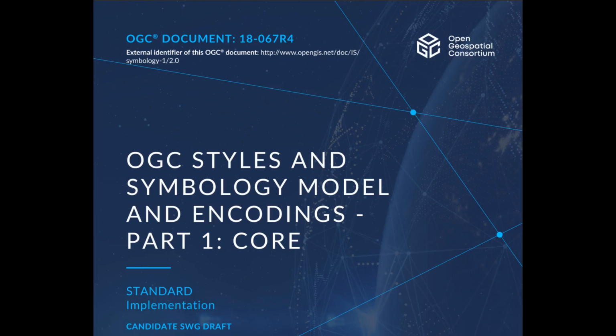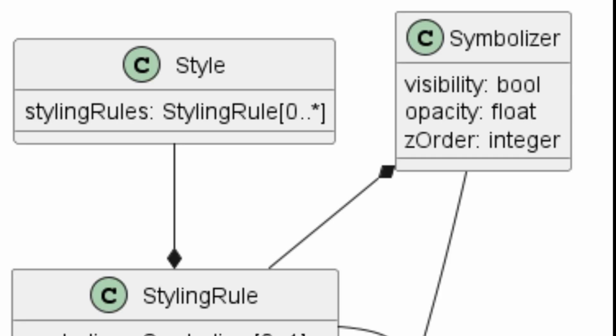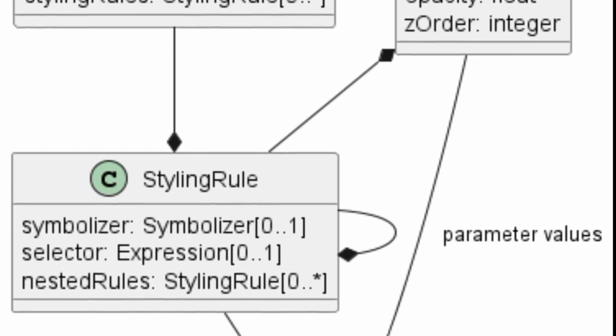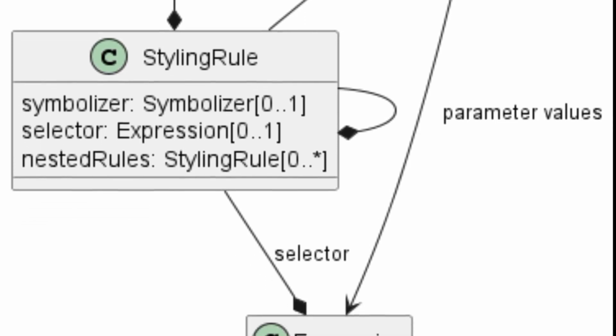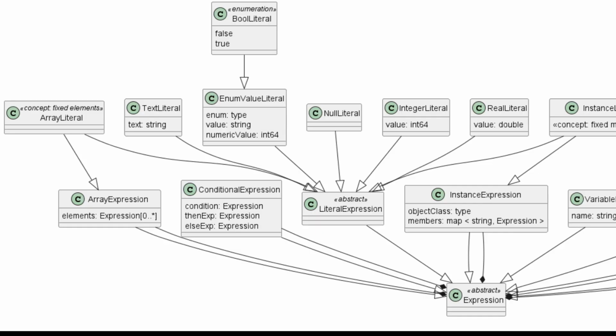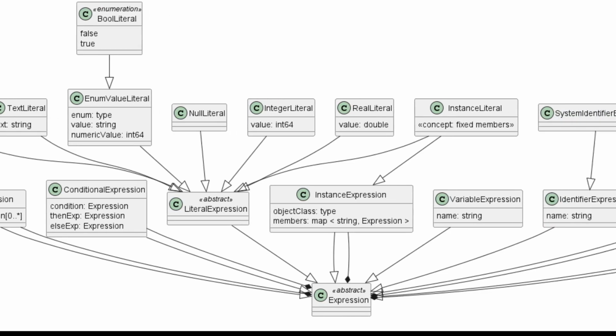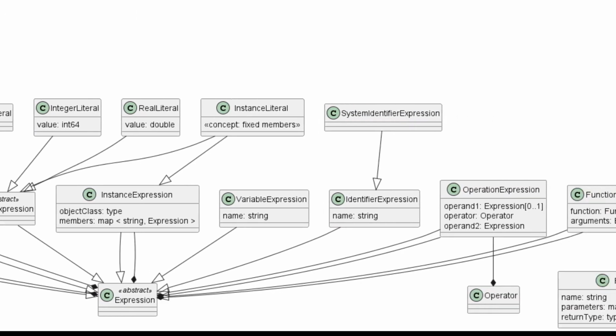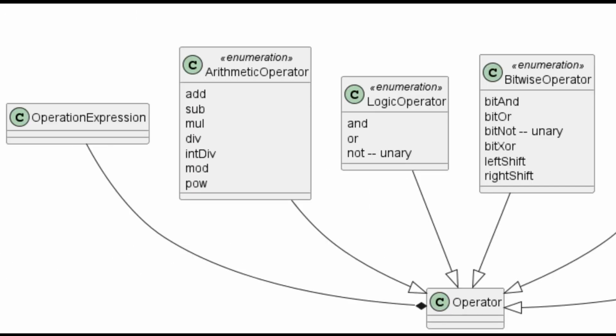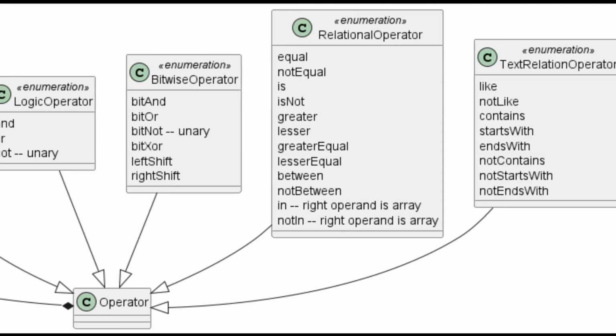In the context of ongoing revision to the OGC Styles and Symbology standard, CQL2 has been considered for defining expressions to be used within selectors and parameter values for encoding style sheets. For this purpose, with collaborators from that standard working group, Ecere developed a conceptual model for expressions, including UML diagrams